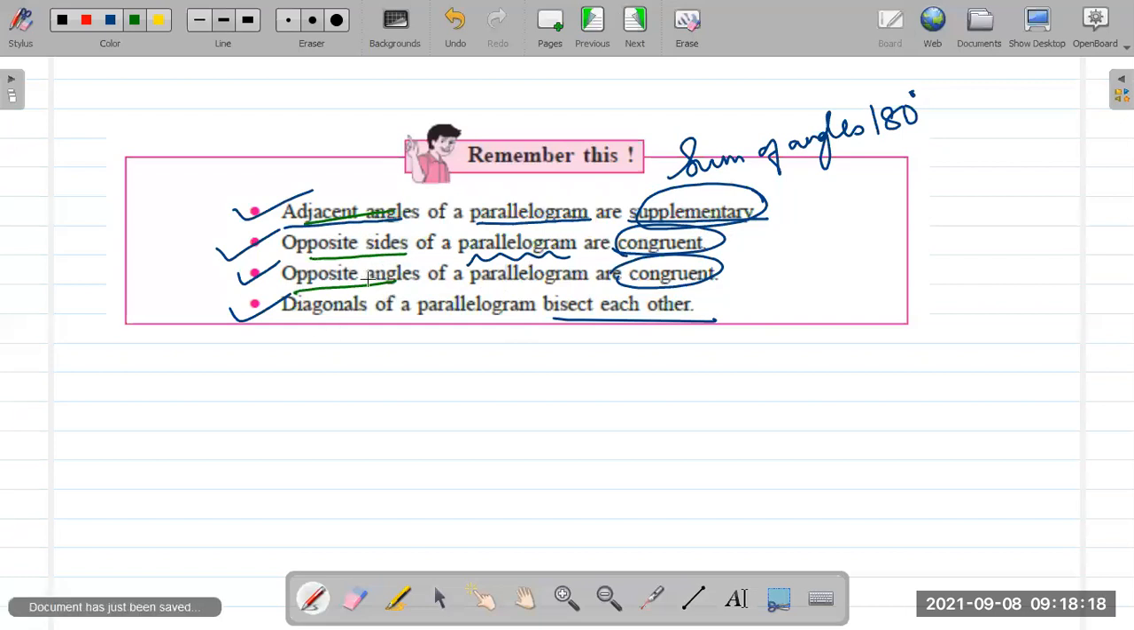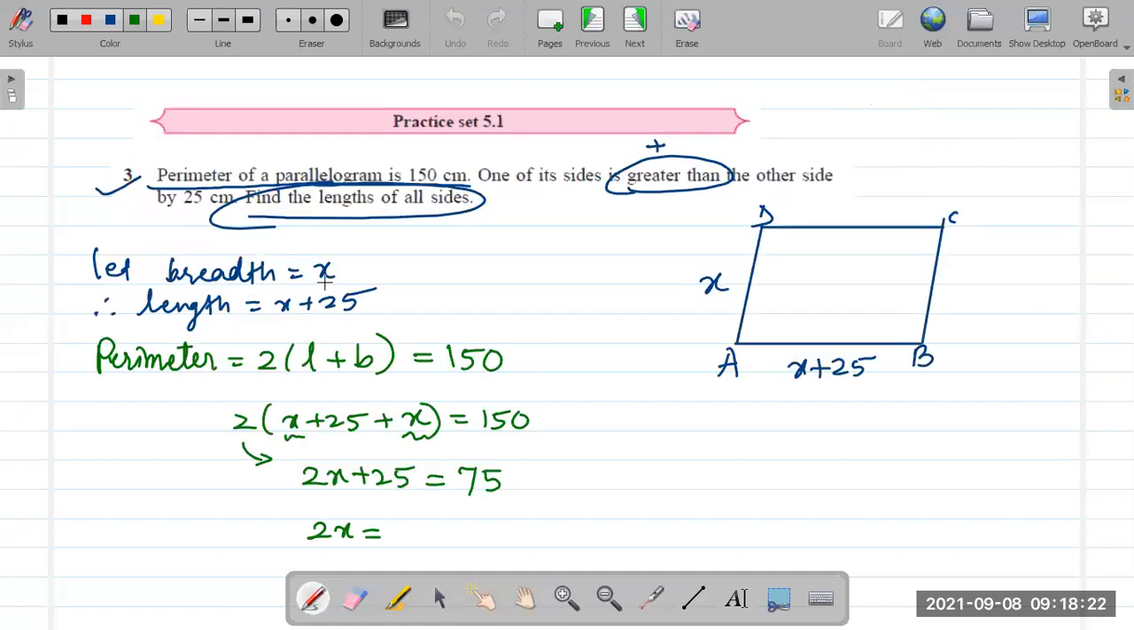Okay. And we were looking at this question where we are given the perimeter. The perimeter is given to be 150 centimeters, and we have to find the length of all the sides. Okay, so we start with setting the breadth as x and the length as x plus 25. We are given that the perimeter is 150. So we are going to use the formula twice of length plus breadth equals 150 and substitute the values